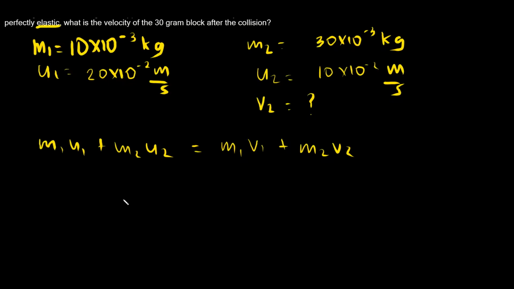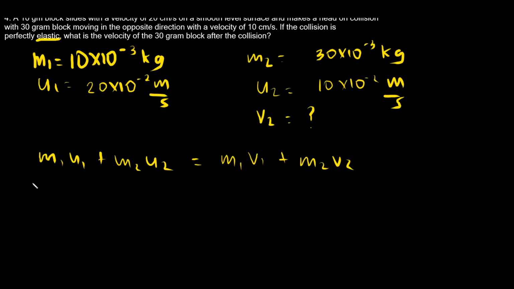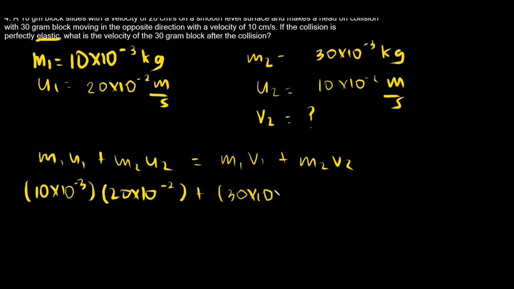Now, substituting, you have 10 times 10 raised to negative 3 times 20 times 10 raised to negative 2 plus 30 times 10 raised to negative 3 times negative. Okay, negative because earlier the block is moving in the opposite direction. So, negative 10 times 10 raised to negative 2 is equal to